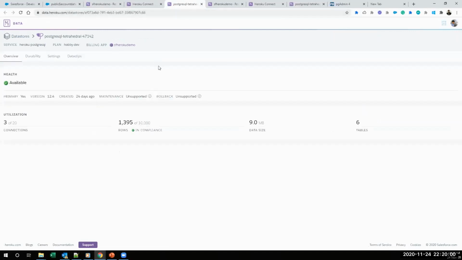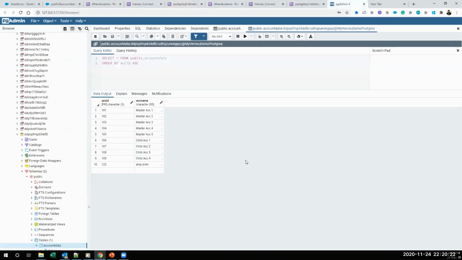So this is a Postgres database. In the database, it's a normal SQL database, so from a UI perspective you cannot see much. That is the reason I have connected this Postgres database with pgAdmin. That's a tool which is used to visually represent or define that particular data. So this is a database and this is a table.